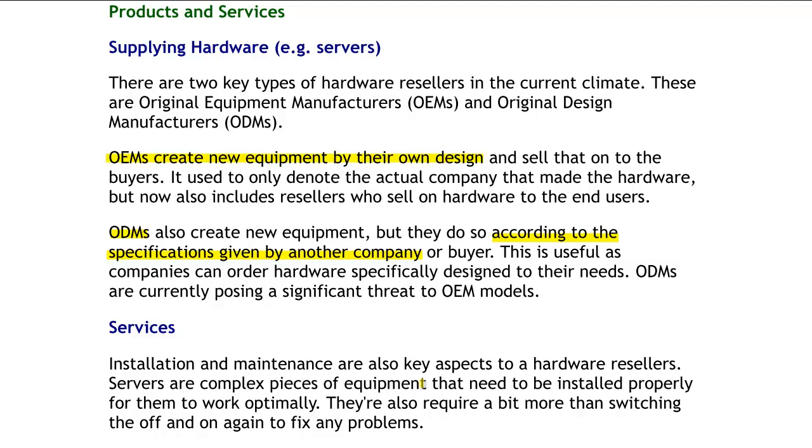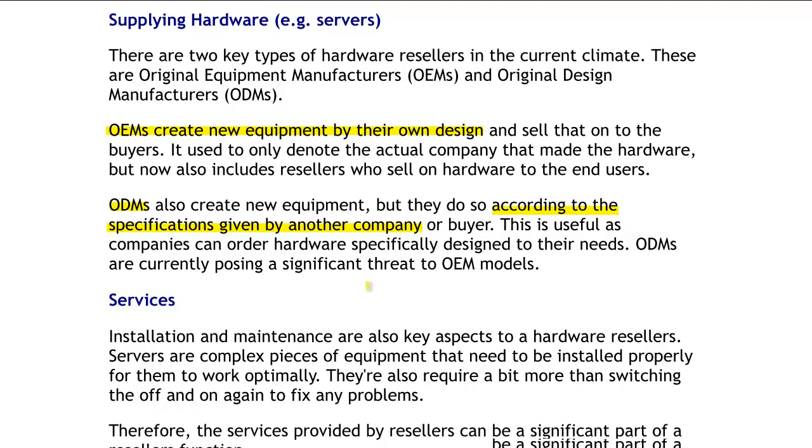This is a significant development for SparkSpace because they've recently moved into the HPC industry, and HPCs are high performance computers, and they're going to be big projects because they're going to be processing what we call big data, which is just huge sums of data. And it's not going to be likely that a company that needs this kind of big data won't have its own in-house expertise about what kind of systems they need and what specifications these systems will need. So SparkSpace may need to move into a bit more of an ODM model rather than an OEM model in future if they're to keep up or not lose business to these ODM companies.